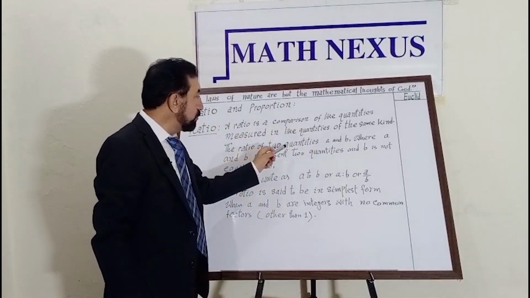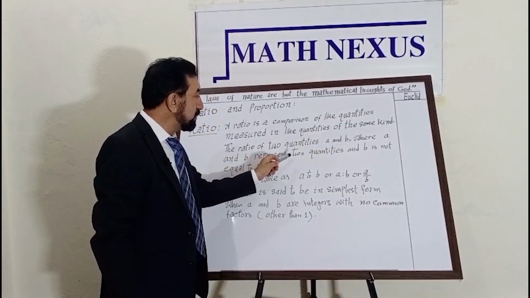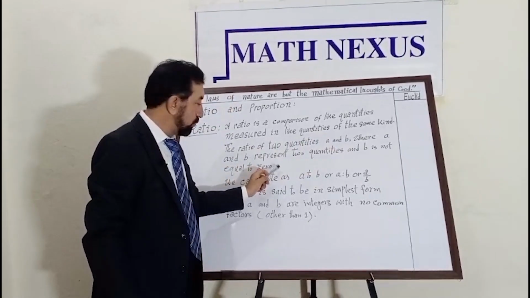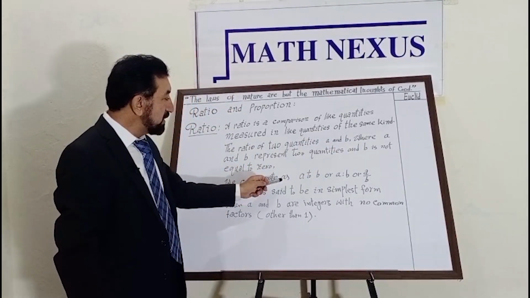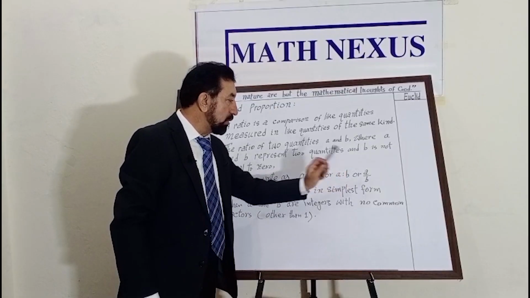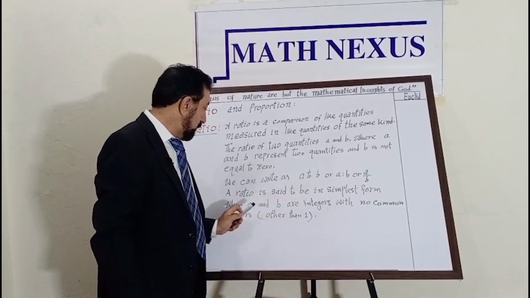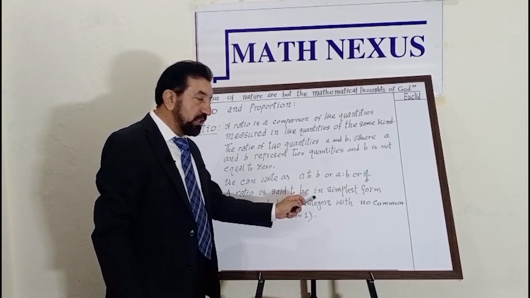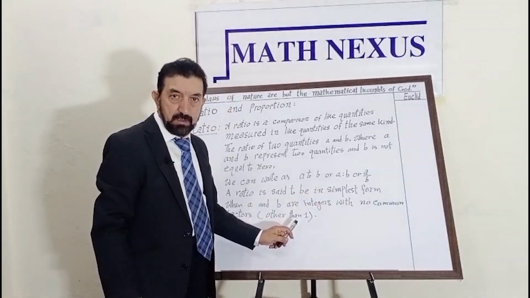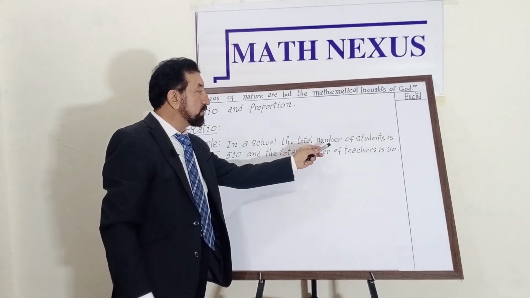The ratio of two quantities A and B, where A and B represent two quantities and B is not equal to 0, we can write as A to B or A ratio B or A upon B. A ratio is said to be in simplest form when A and B are integers with no common factors other than 1. For example, in a school, the total number of students is